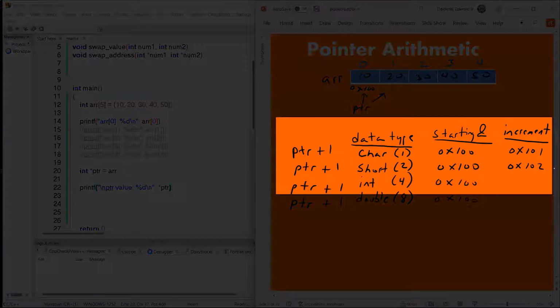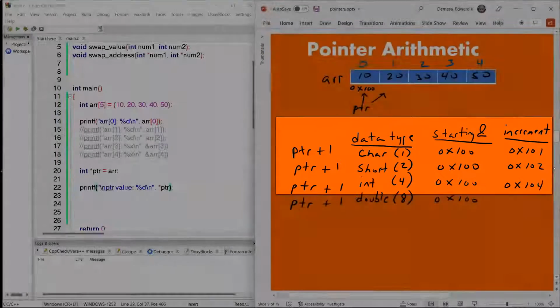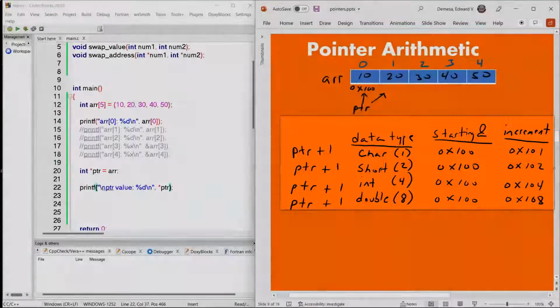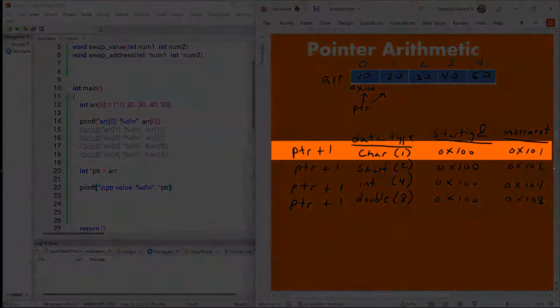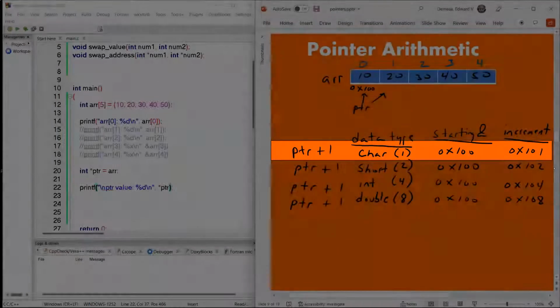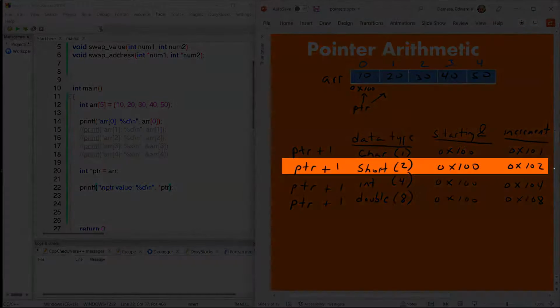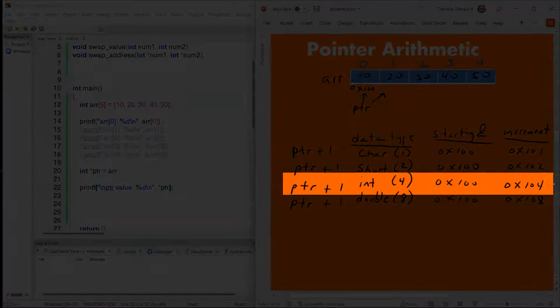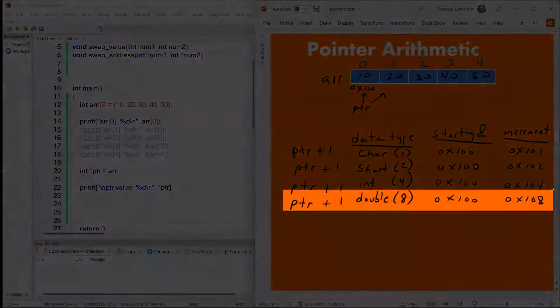An int is 4 bytes, so our increment would be 0x104. And if it's a double or a long, our increment would be 0x108. If we do ptr plus 2, then for char this would be 0x101, and then the second one would be 0x102. In this case, we're going to 0x102, and then the second one would be 0x104. And in this one, our next increment would be 0x108. And in this one, our next increment would be